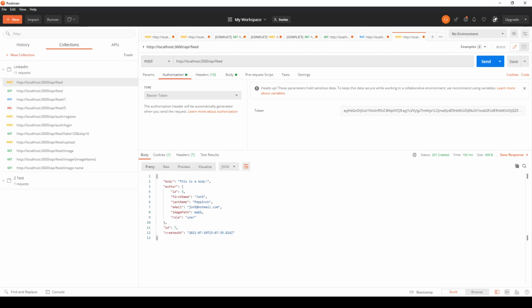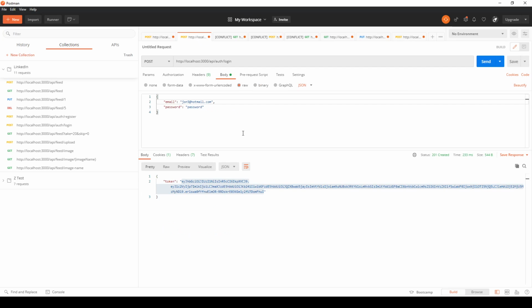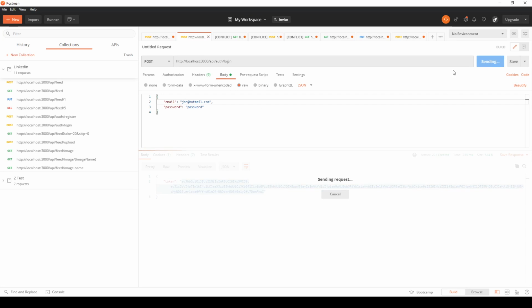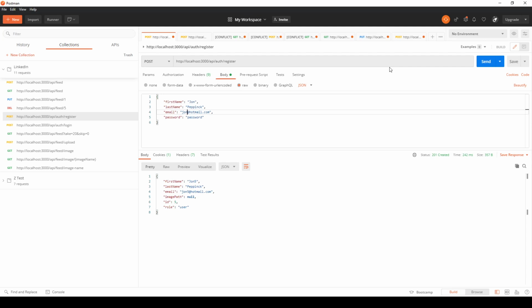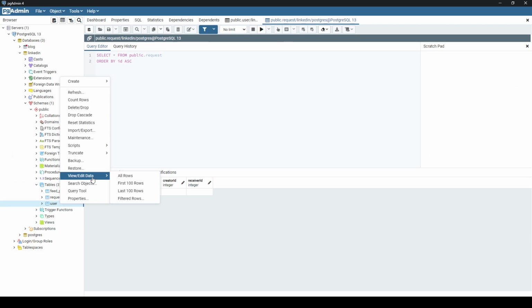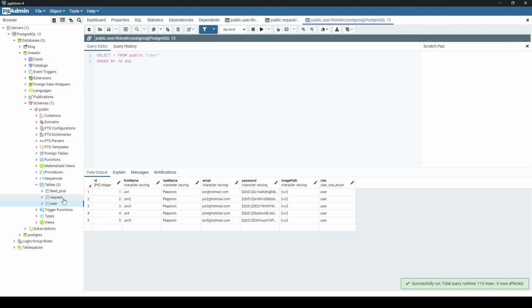There we go. So what I'm going to do here is quickly create 5 users. And here I've just tried to log in. I actually need to register before doing so. So let's just get our logins going. So there's 1, here's 2, 3, 4. Okay, so that's got Joe, but okay, doesn't matter. 5. So now if I look at my user table, and you can see I got a different name of this table. We've got our 5 users here,